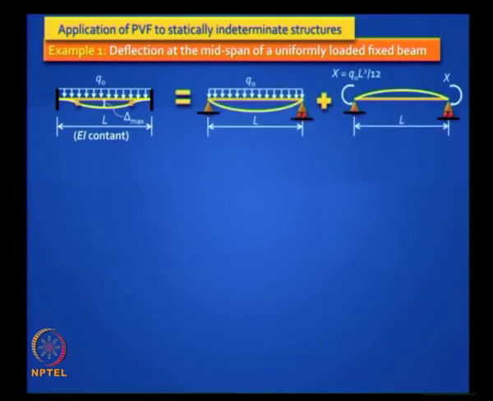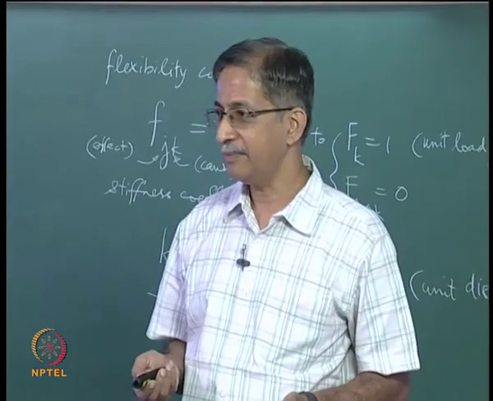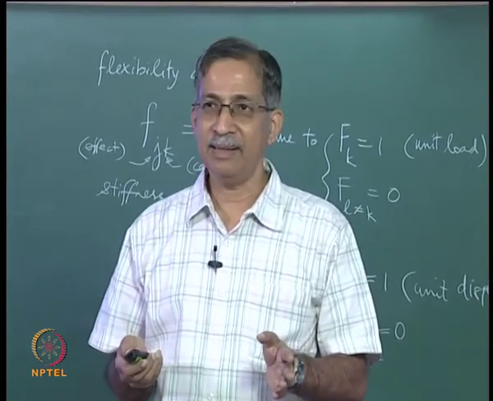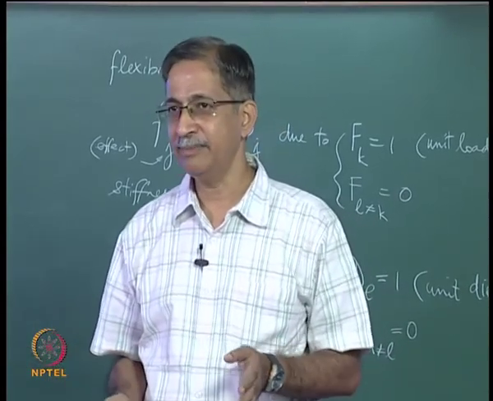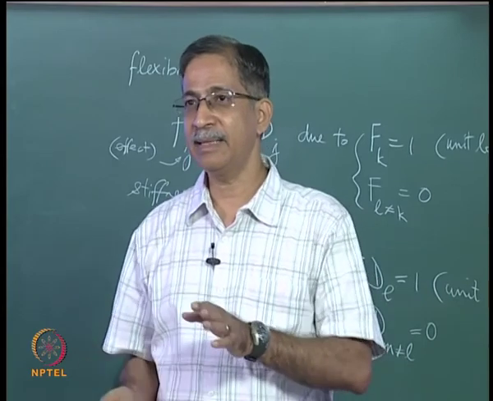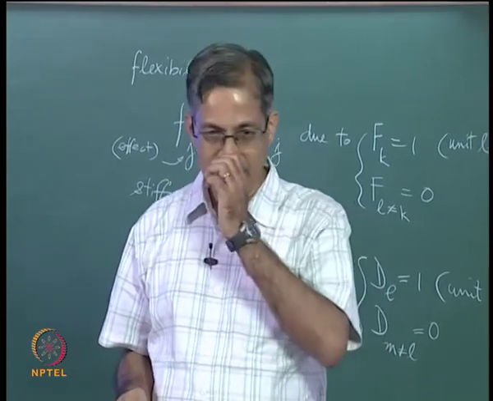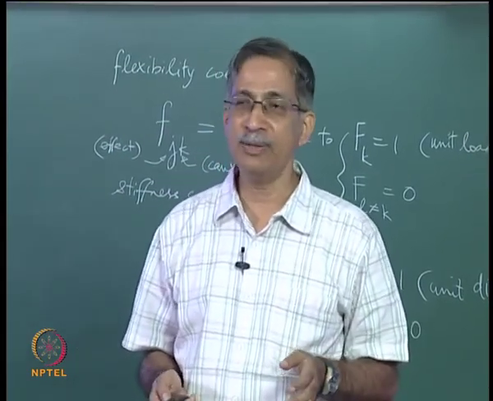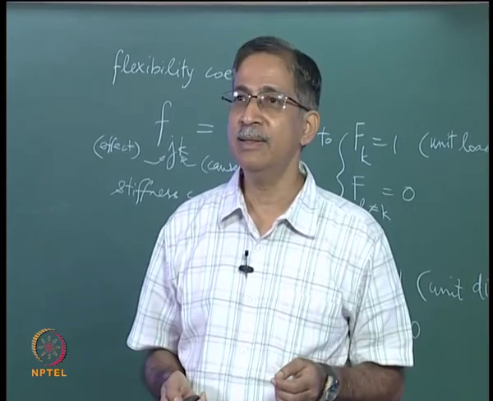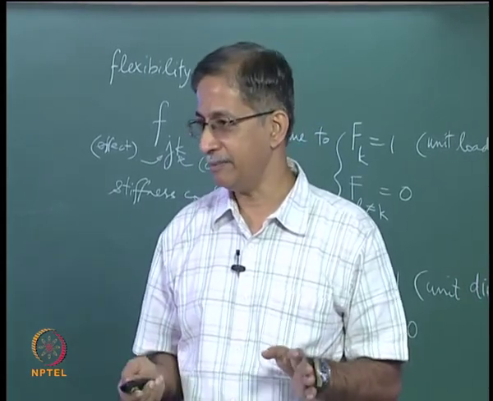First of all, you need to have the curvature in this system. So you need to know the fixed end moment. You can use the conjugate beam method and find the fixed end moment. What is a fixed end moment? q0 L squared by 12, right. So I have separated out the distributed load effect and the fixed end moment effect, right. Now the M diagrams look like this. You have a parabolic sagging bending moment diagram, q0 L squared by 8, and superposed on that you have a constant hogging moment, which is q0 L squared by 12, right.